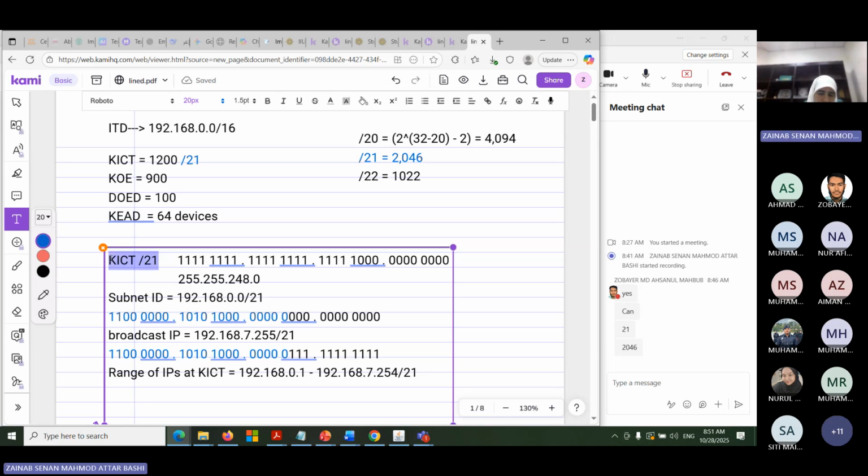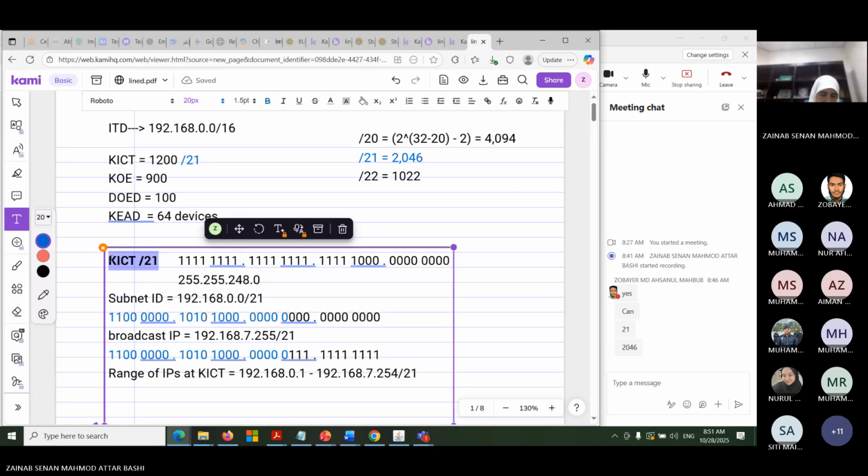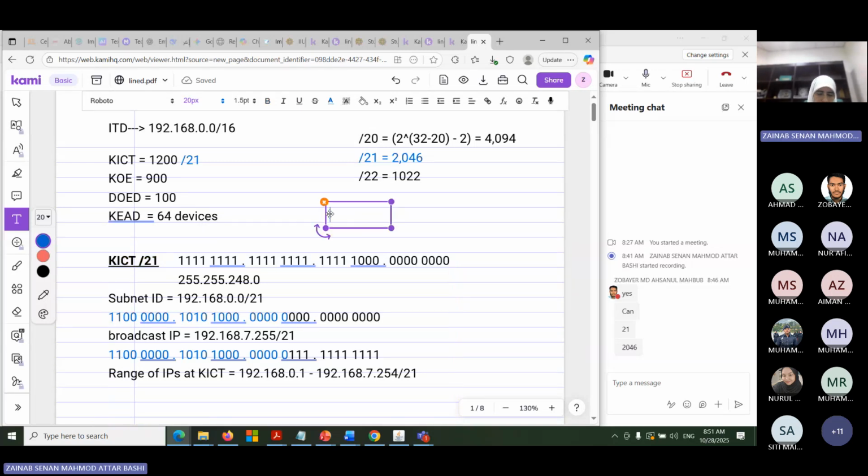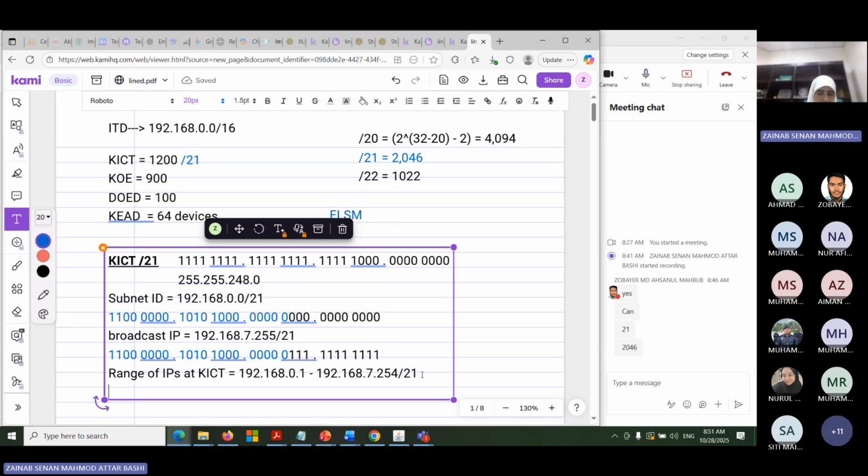Now, the next one. Oh yeah, I forgot to write it here clearly: we are using FLSM here. Now, the next kuliya will be the kuliya of engineering. Doesn't matter how many devices they have, we will also use /21, since KICT, the largest one, is using /21. So now here, what I have to do,